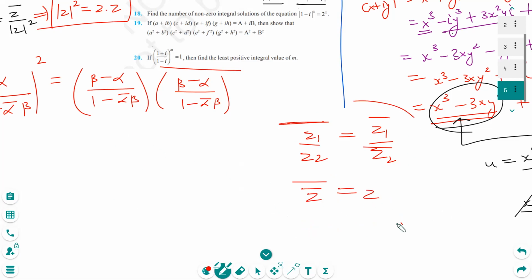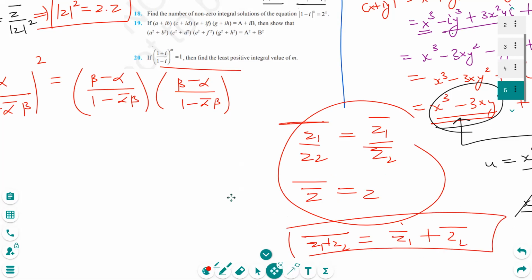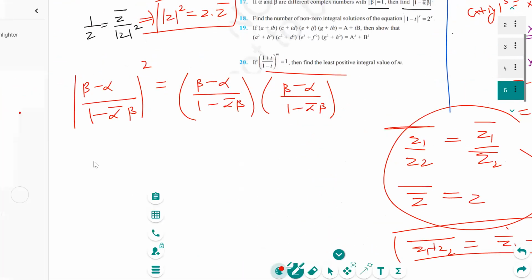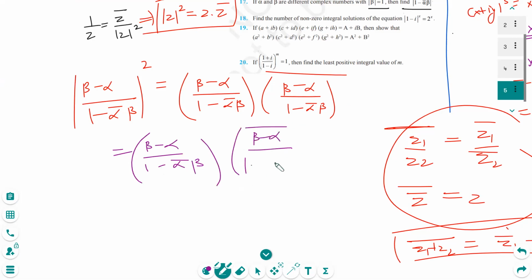So why I told you this, because this will be helpful here. And if I have something like this, it will split up into Z1 conjugate and Z2 conjugate, just like algebraic properties, right? So let's solve this now. Let's solve this with a different color. And I cannot do anything here, so let's leave it as it is. Now, I know a fraction can be divided as the upper conjugate and the lower conjugate, isn't it? Now, this is beta minus alpha, 1 minus conjugate.